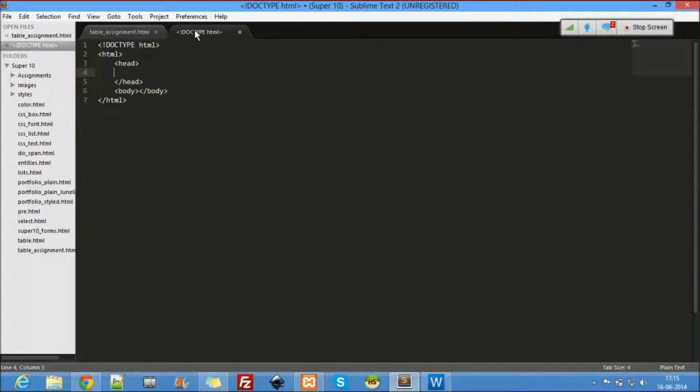Inside the head, always write a title. What's the purpose of the title there? Any idea what's the purpose of the title?